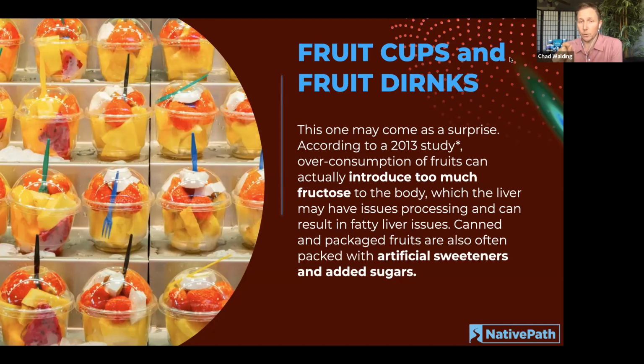Fructose is a type of sugar that gets metabolized straight to the liver, right? It goes right there. It doesn't go somewhere else. And it can be problematic for the liver because of overburdening with too much sugar, right? Fruit juices in and of themselves are even more problematic, not only because they have fructose like real fruit, but